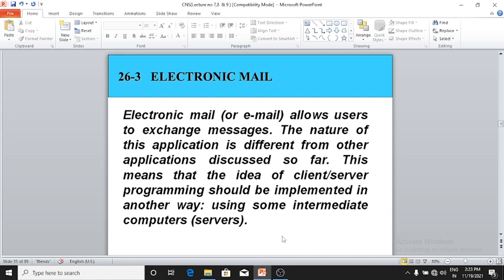This means that the idea of client-server programming should be implemented in another way, using some intermediate computers, servers. We use emails in our daily life. We exchange files together, right? If a project file is there and my colleague wants that, then I will email the file. It's a very easy way to transfer files on the internet.